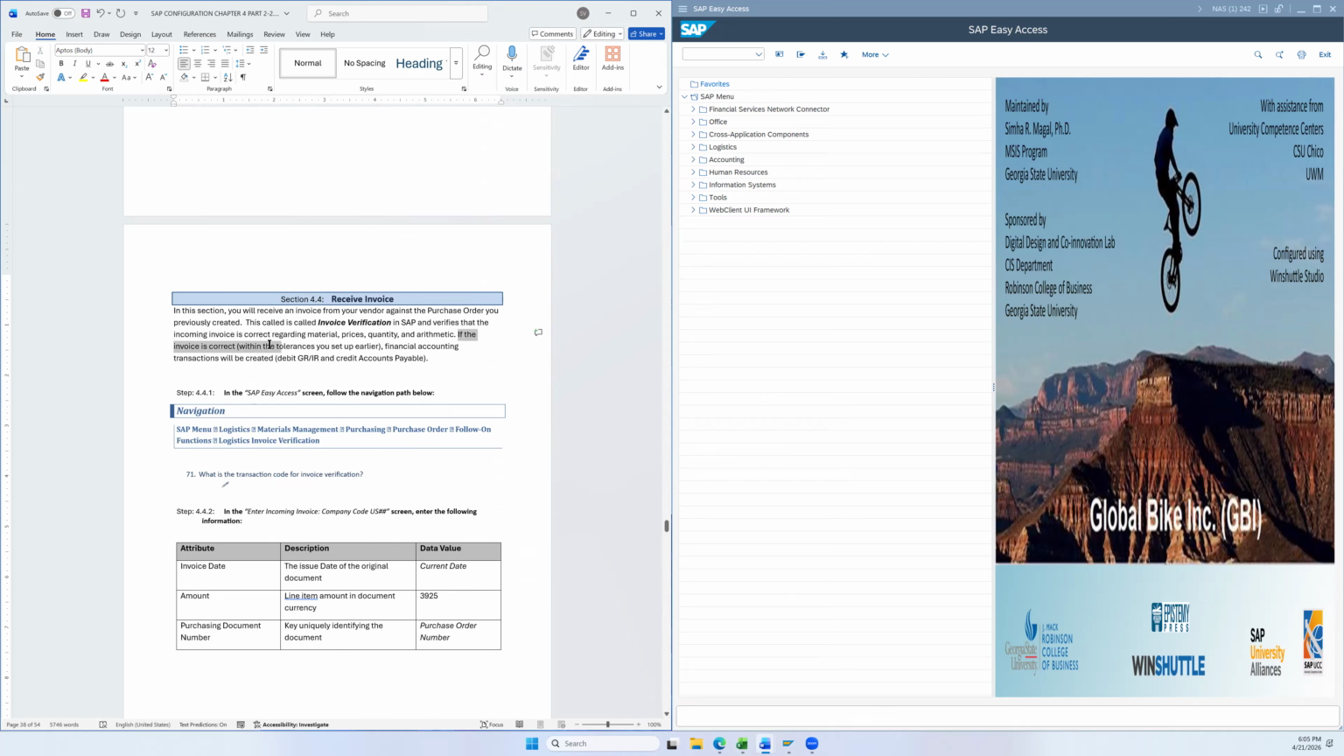Anyway, if the invoice is correct within the tolerance you set up earlier, financial accounting transactions will be created. Debit GRIR, and credit accounts payable. Should it just be? I think it should just be this. This is called invoice verification in SAP. Oh man, that messed me up. Anyway,